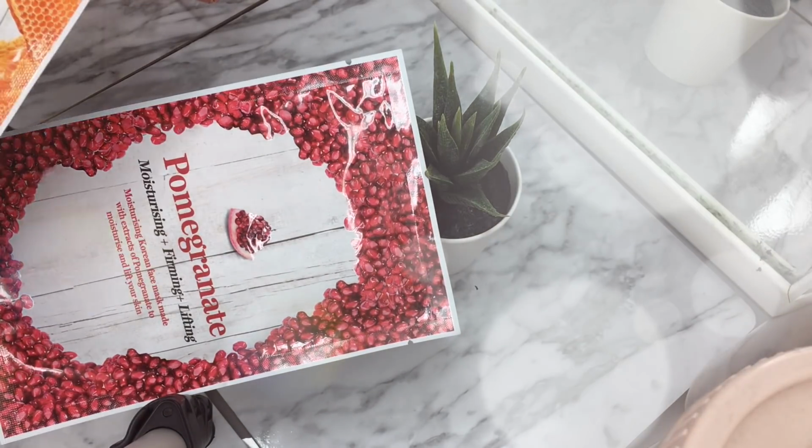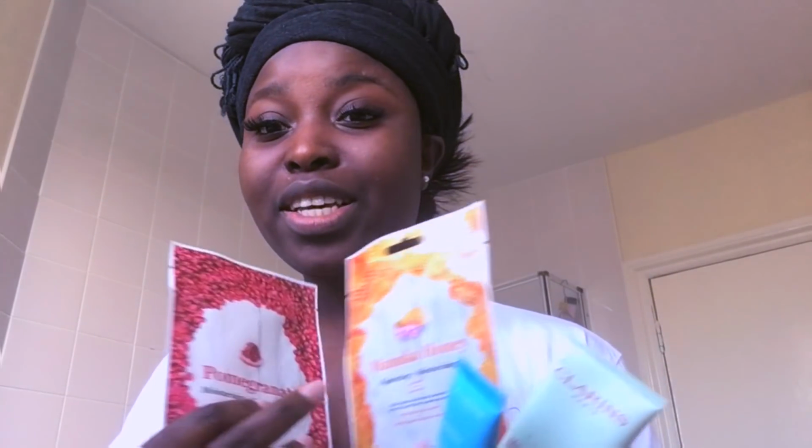I saw them in Superdry, so I bought them as well. But there were these ones, and the Manuka honey is like the best. It hydrates your skin, that's the word. So it's really, really good. This, I use it when I have time, because you have to keep it on for about 10 minutes, it